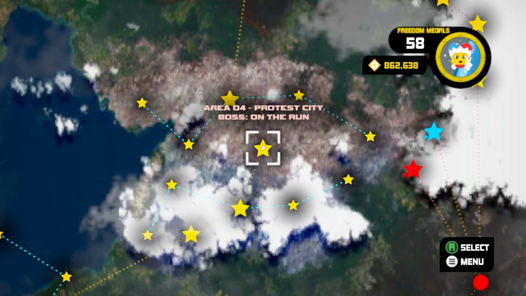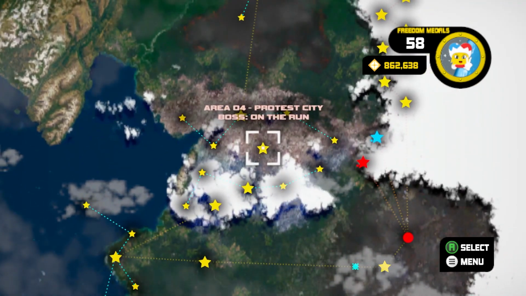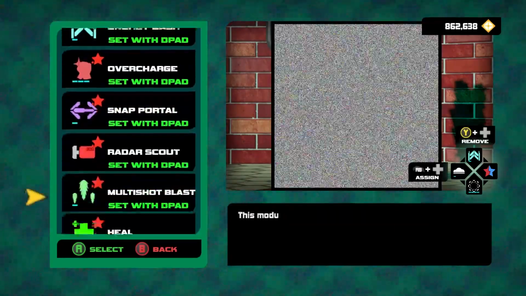Just shoot the boss, you know, stuff like that. Unfortunately, this one doesn't have much you can do to speed it up. Before going into Nighttime Phenomena, you'll want to